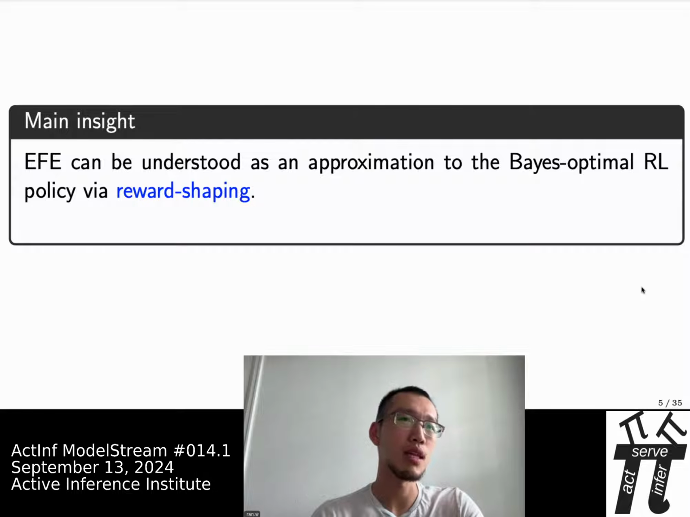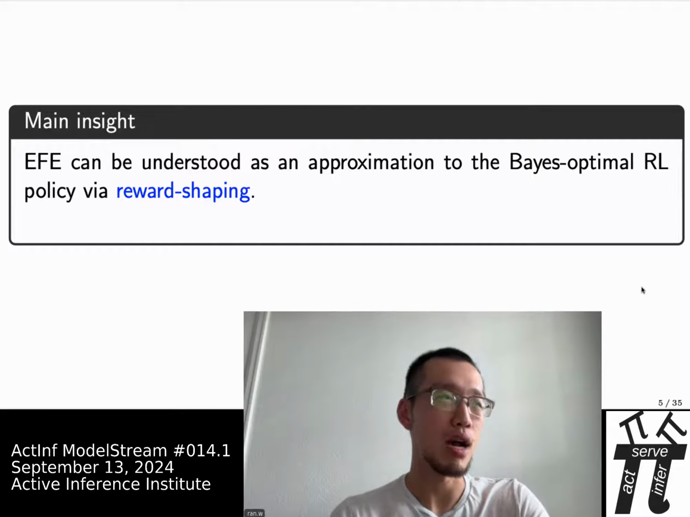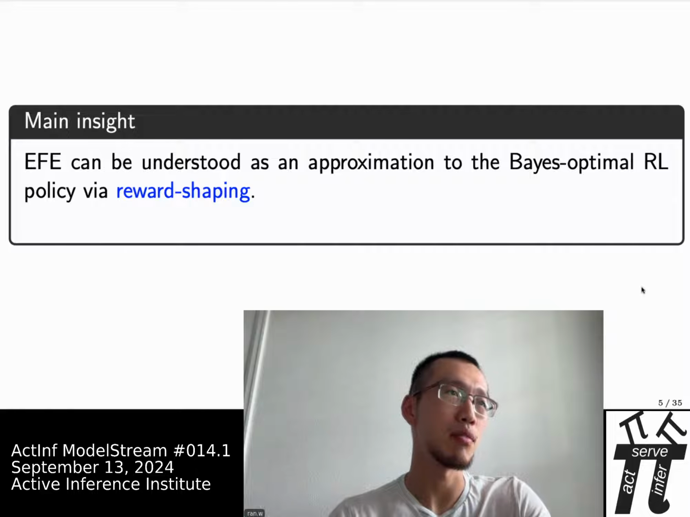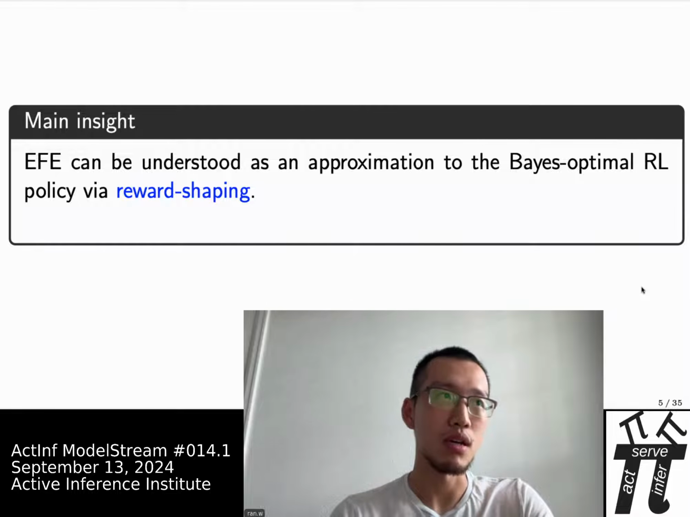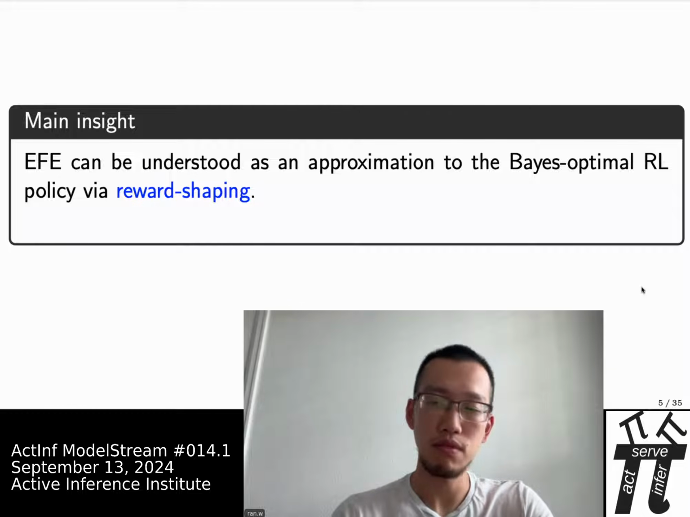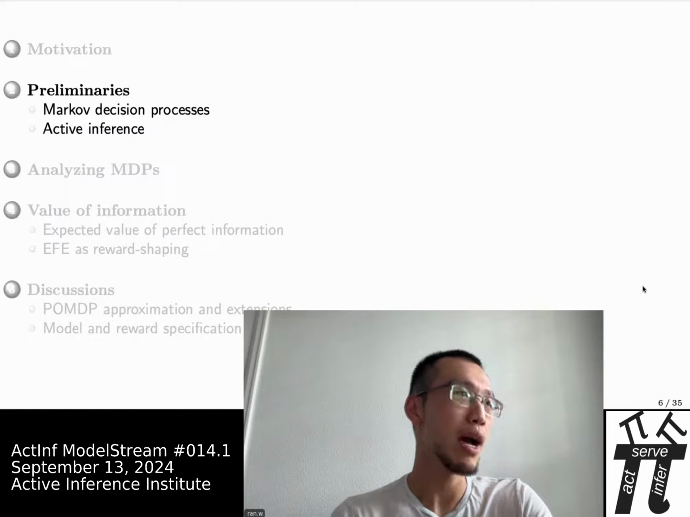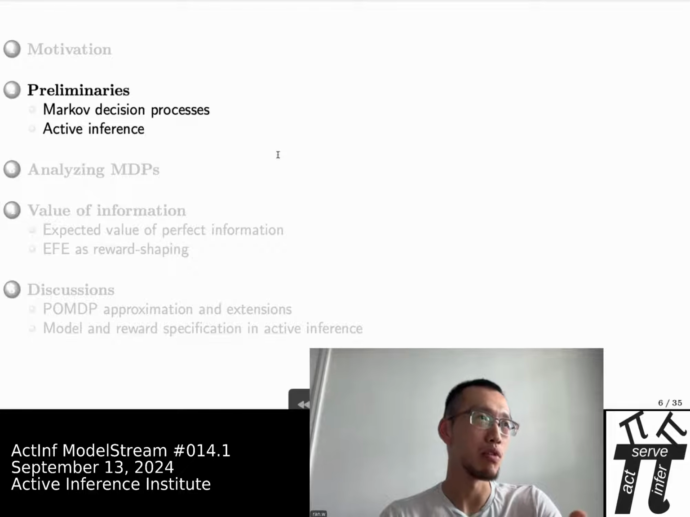And the main idea of the paper, or rather the main insight that we're trying to offer, is that EFE can be understood as an approximation to the Bayes optimal RL policy, and specifically via the information reward shaping of the EFE objective. So to unpack this, I will do a very brief review of some preliminary annotations on MDPs